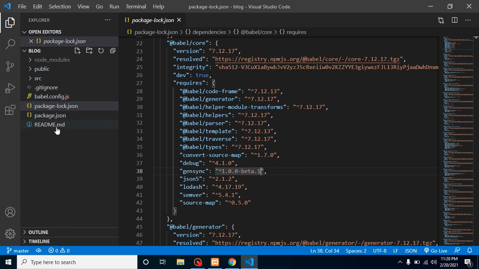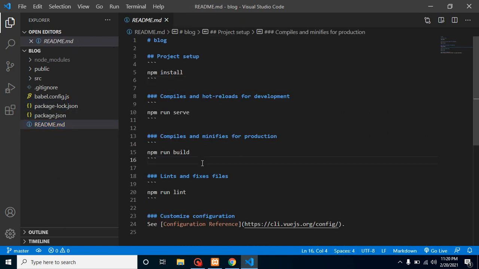After that, readme.md. You can say that this is basically a rule book of your project. If you want to apply some rules, like rules for functions, classes, variables, then you can mention them here. You can mention your commands here, or if you want to mention your project details, then you can also mention them here, right? So this is basically a description of your project, you could say.